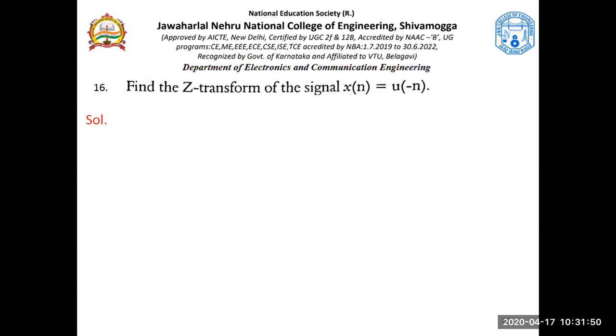Okay, we have two textbooks, mind you. One textbook I'm referring to is by Ganesh Rao and Satish Tunga. I hope many of you have that textbook by Ganesh Rao. He has written the textbook for network analysis also, and has written one for signals and systems also. I feel happy with the way he picks the problems. He picks all varieties of problems, in network analysis and in signals and systems. So it's quite good.